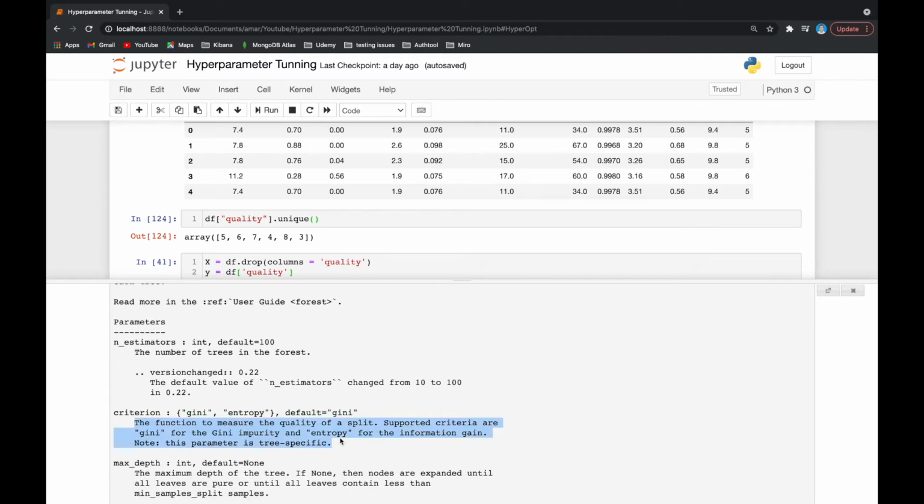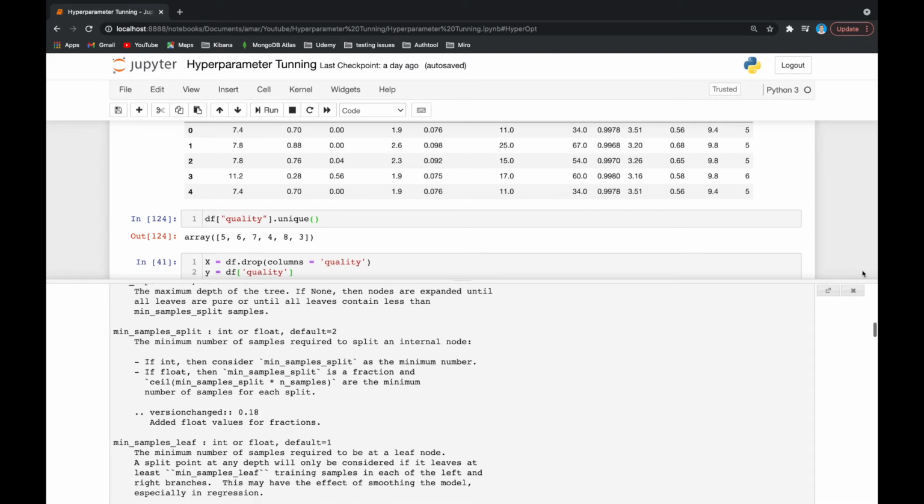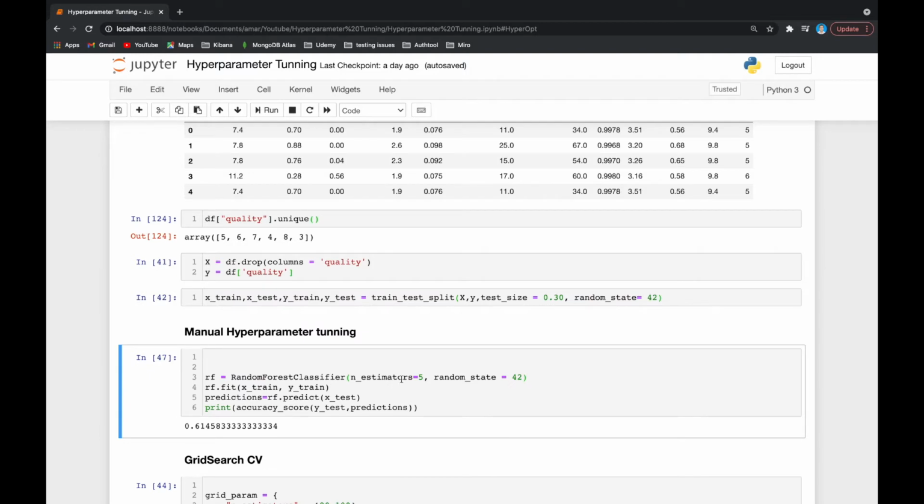Here you can refer to the definition of each parameter. Okay, so by changing the value of n_estimators, like if the default value was 100, I have changed it to 5. So now let us see what the accuracy is. Now 61%. If I change it to 10, here you can see the accuracy is increased.